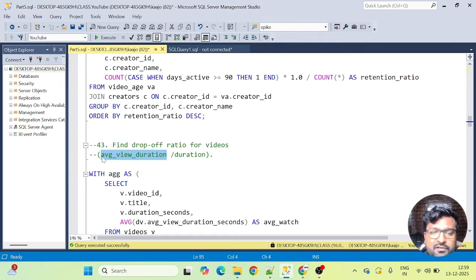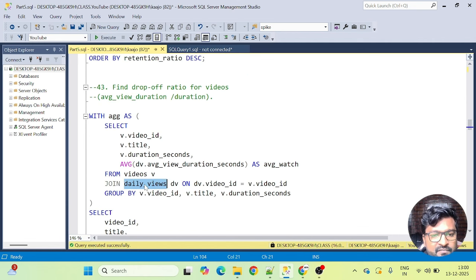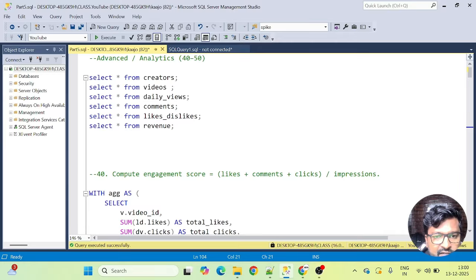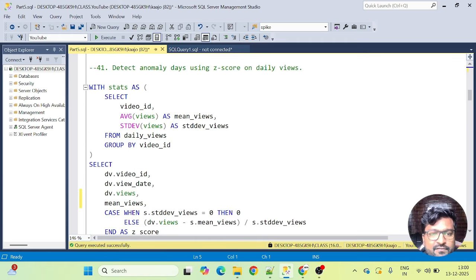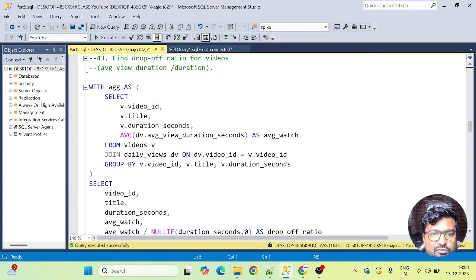That means in this question, we first have to calculate the average view duration, right? And how are we going to do that? Average view duration, like you already know, we can get from this daily views table. Let me give you another example here. In this daily views table, we have video ID and view date. Each video, like I've told you numerous times in this video, is watched multiple times on multiple days, right? So there is no single record in this table for a specific video. We have to take into consideration that there are multiple records for the different days on which those videos were watched.